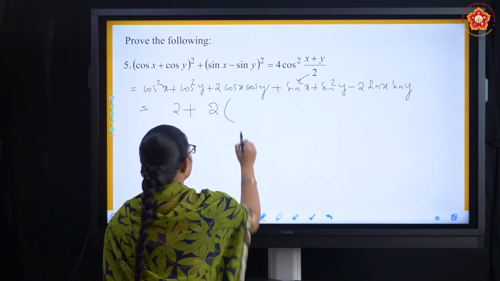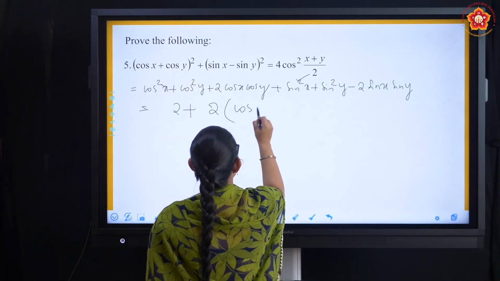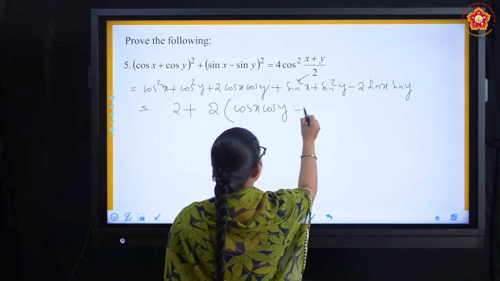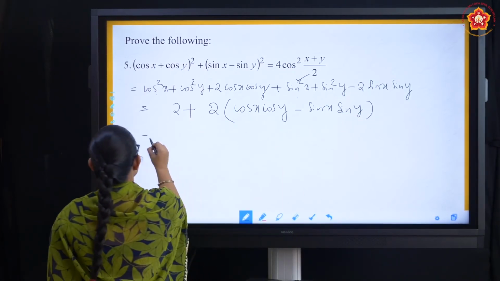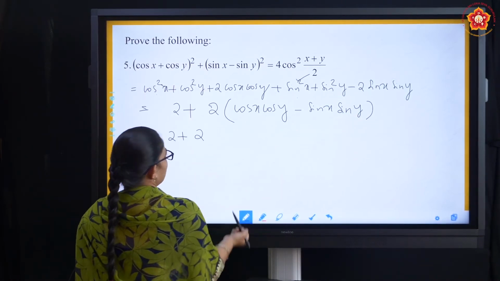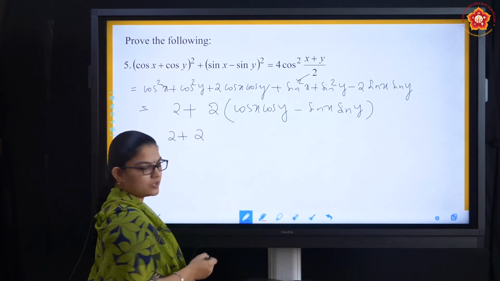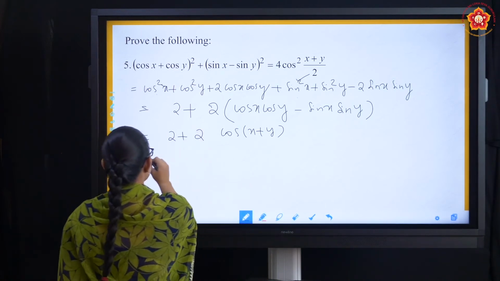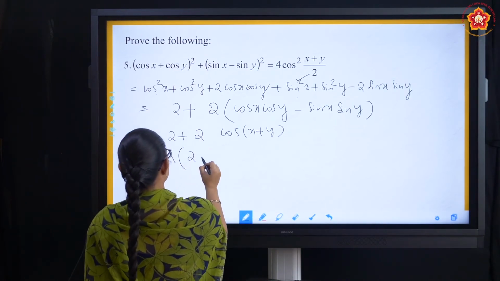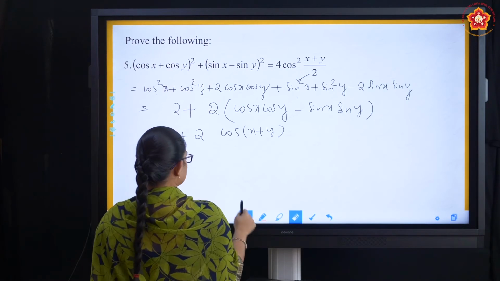From there we'll take 2 outside. So we have cos x cos y minus sin x sin y. So that is 2 plus 2 times cos x cos y minus sin x sin y, which is the cos (x plus y) formula. So we can take 2 outside. So we have 1 plus